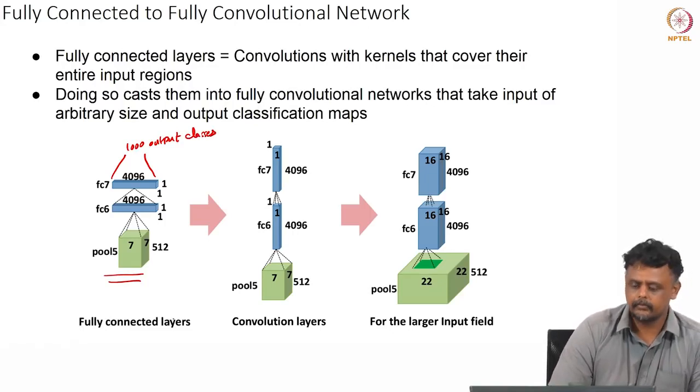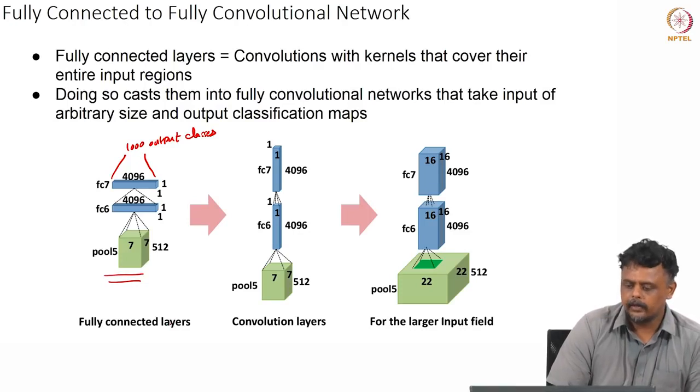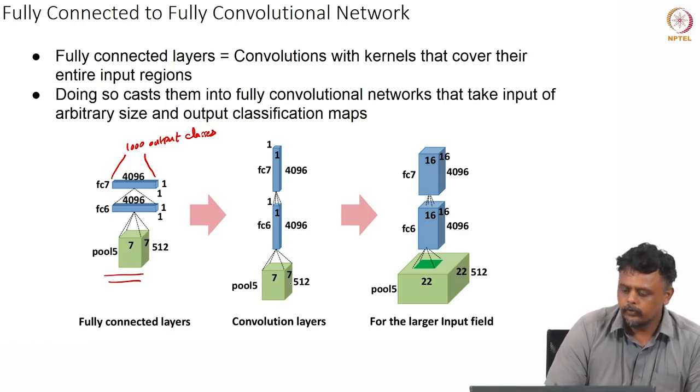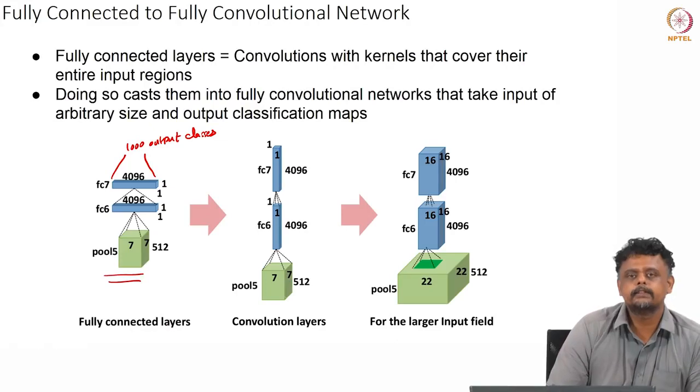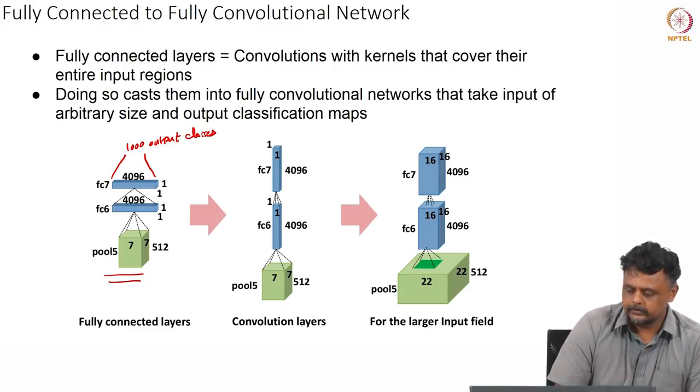Softmax, 1000 way softmax if you want. So how do we convert this into a fully convolutional layer? To accomplish that, we would just define filter kernels that cover the entire input region, right? So for instance, we can define 512 filters,